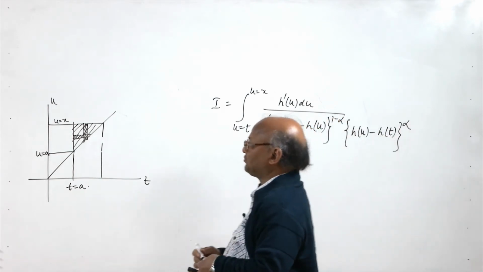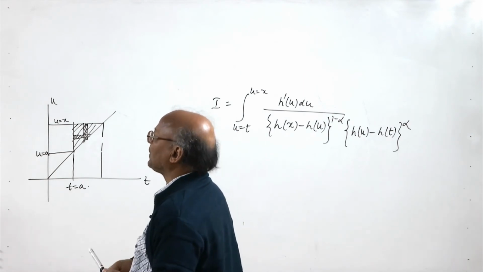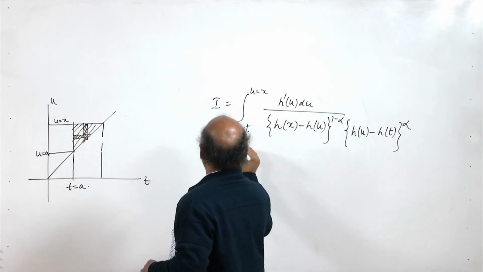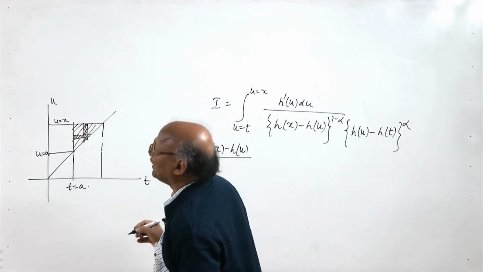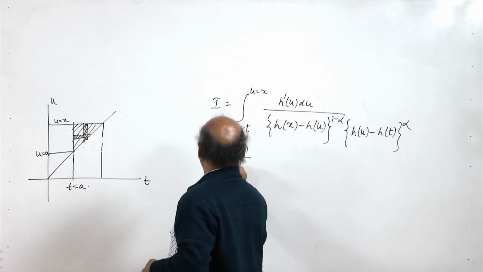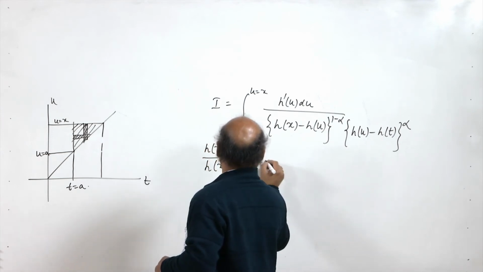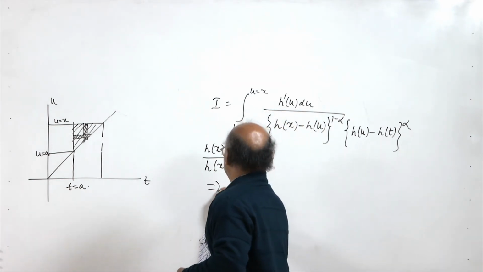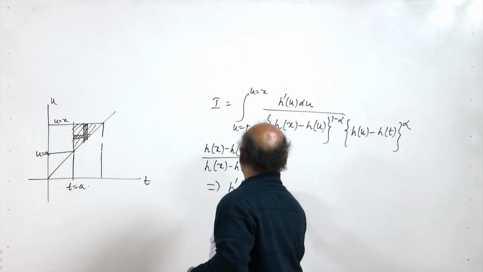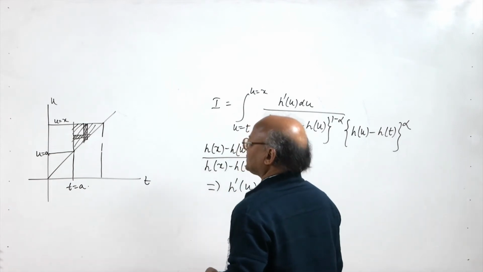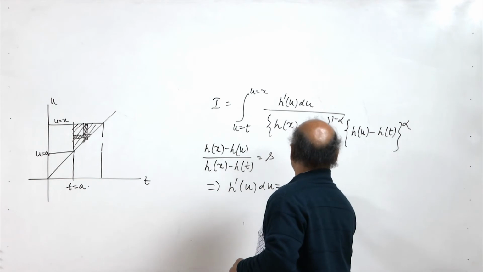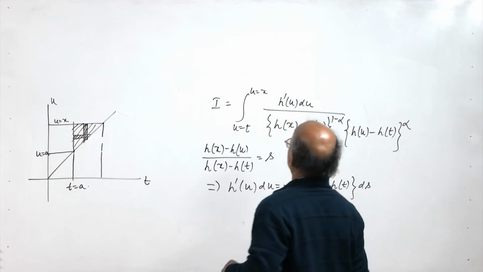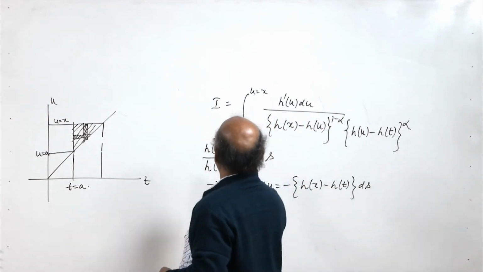Now, let us make the substitution (hx minus hu) divided by (hx minus ht) equal to s, so that h prime u du is equal to minus (hx minus ht) into ds. Now, with this substitution I becomes